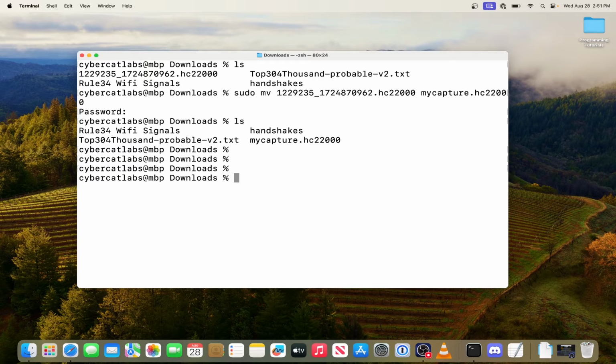So with Hashcat now installed, our handshake downloaded and converted, and an available password list. And if you don't have one, you can find password lists all over online. I am not going to link to any password list. You have to do a little legwork on your own. So what we're going to do next is